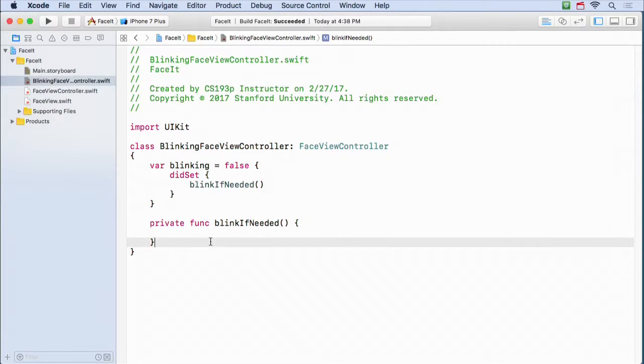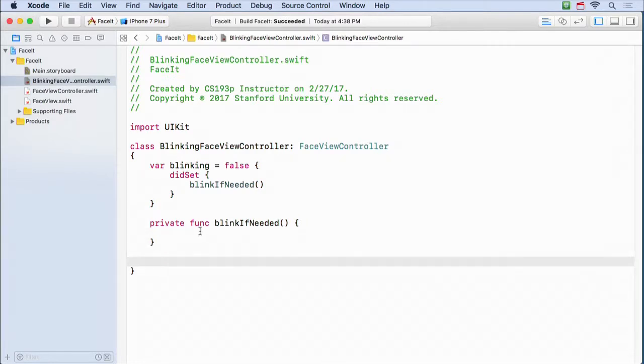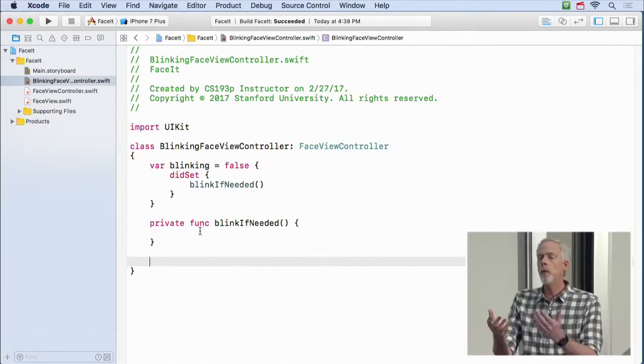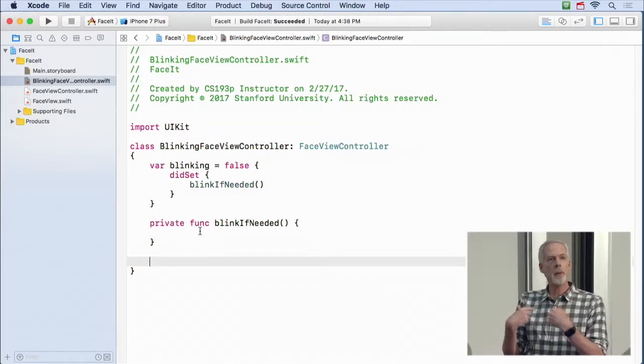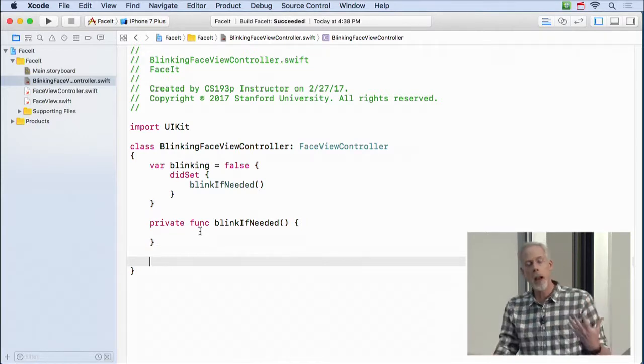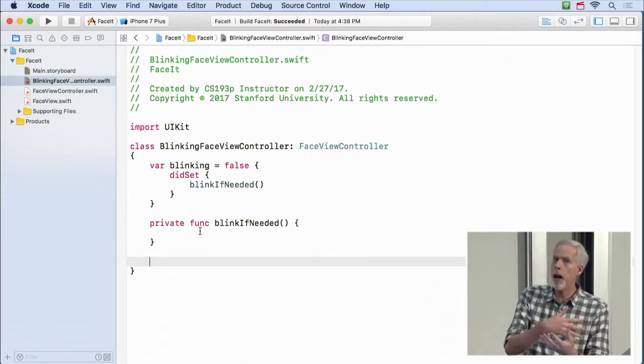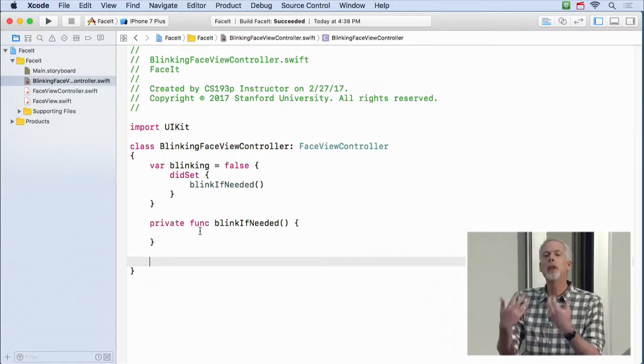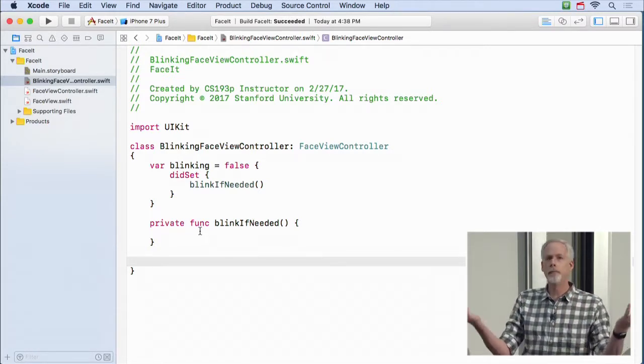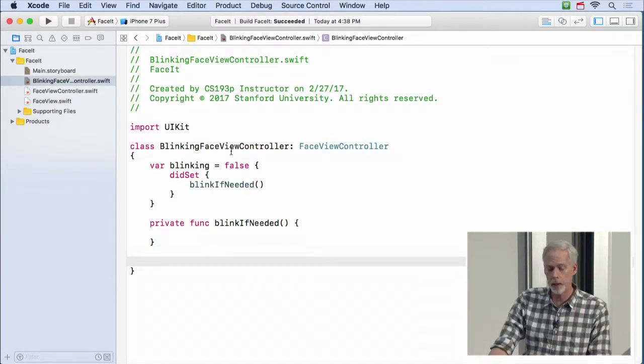Now, just for demo purposes right here, or maybe this is even what I would want, I'm going to turn on my blinking when my MVC appears on screen, and I'm going to turn it off when I disappear. And you do need to think about this when you're using a timer: when your MVC goes off screen, because it's in a navigation controller and someone navigates to something else, or someone hits back, you want to make sure that you stop your timer. You don't want that timer sitting there running, doing something. The MVC is not even on screen, unless it's doing something, I guess, that's not UI based.